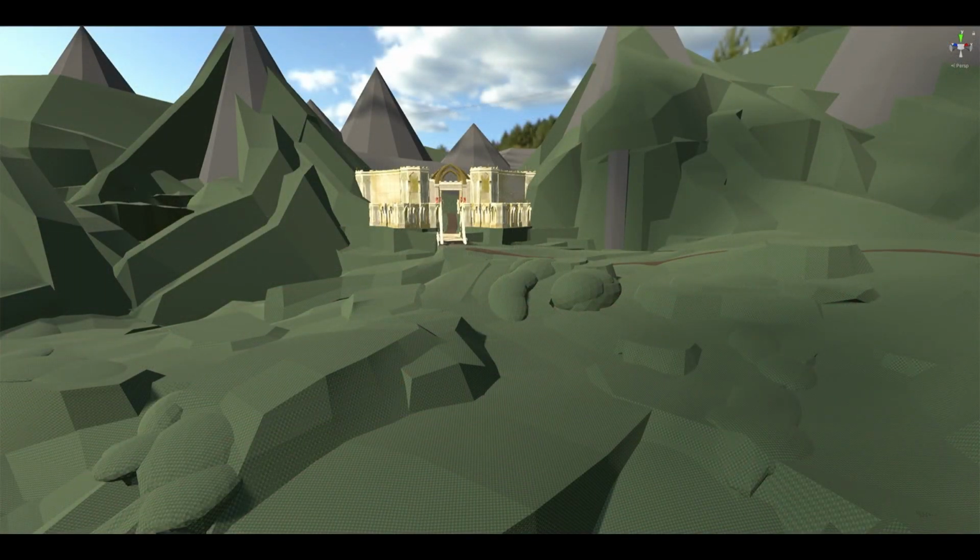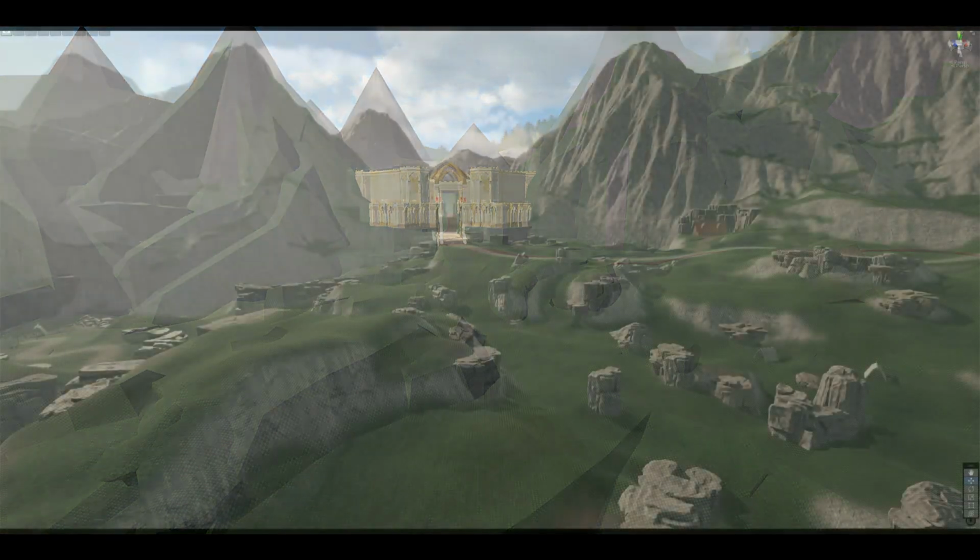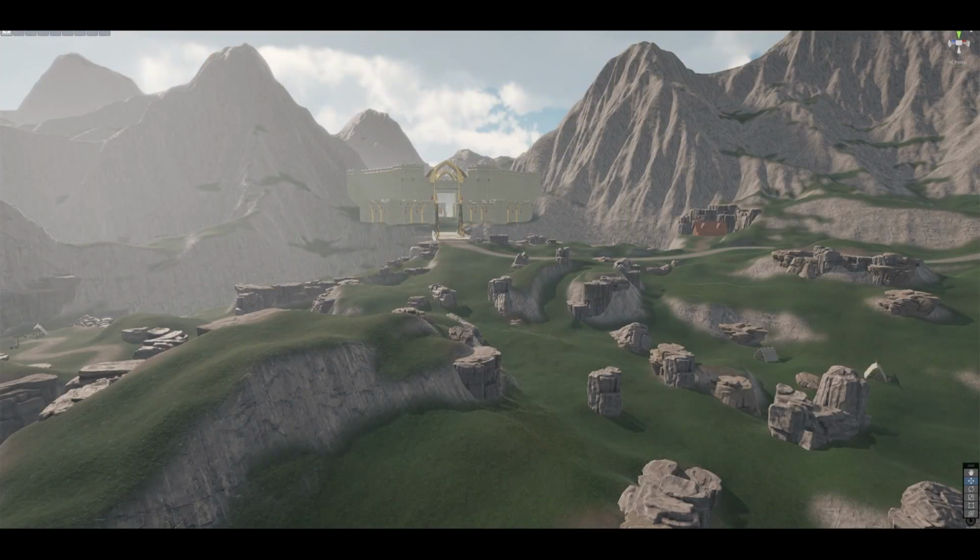So this is looking now towards Thronefast. Still in Avendir's Pass, but looking back towards Thronefast, and now we'll see it in HDRP. And you can see there, a straight shot in through the gate into the city,